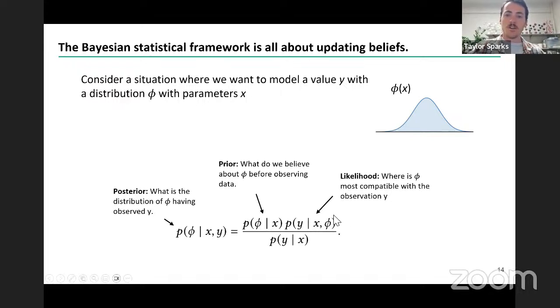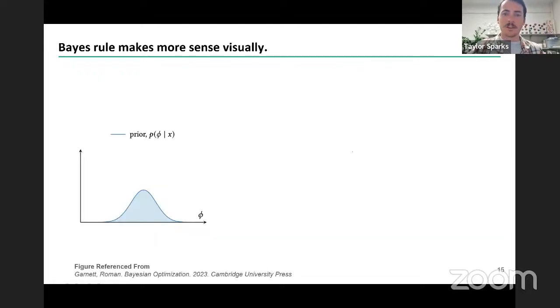Given the condition that you have x and phi as your prior, this allows us to then end up with a posterior belief about what our distribution looks like, now having observed this observation at point y. If that's really mathy and hard to get your head around, I think it's easier to see graphically. You thought you had an understanding of the prior distribution that looked like this ahead of time. You thought the distribution of your design space looked like this.